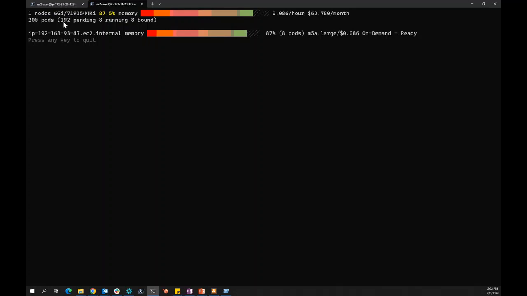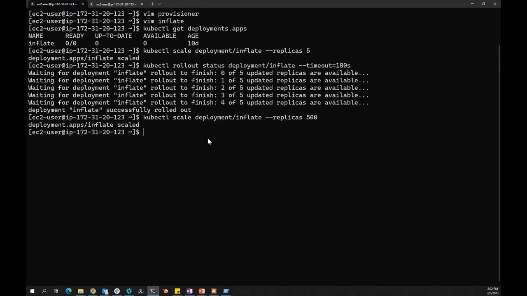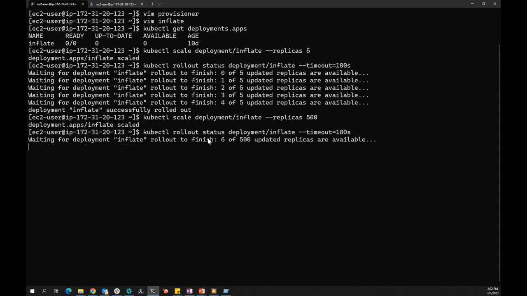So Kubernetes is calculating that there are a lot of pending pods left, and it is handing over that information to Karpenter. Now, when Karpenter sees all these unschedulable pods, it's going to launch the instances needed for it. While this is happening, we can come back here and look at our deployment. And it sees that out of 506, some instances are readily available,